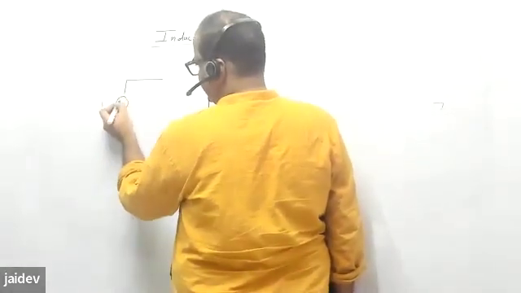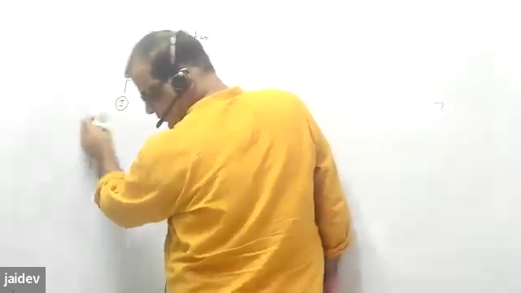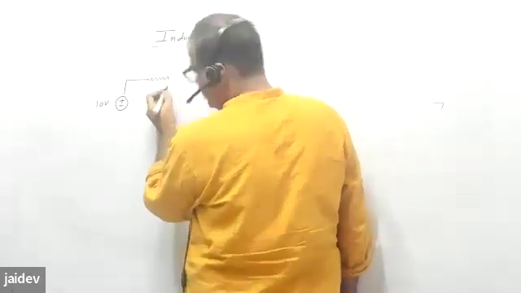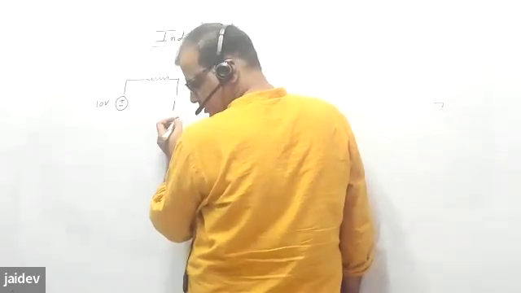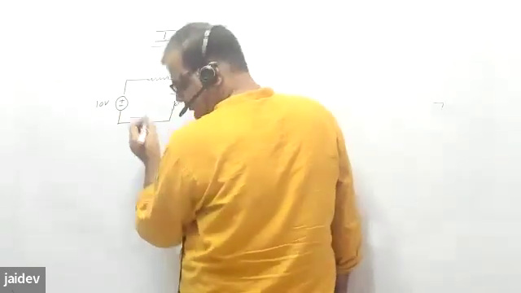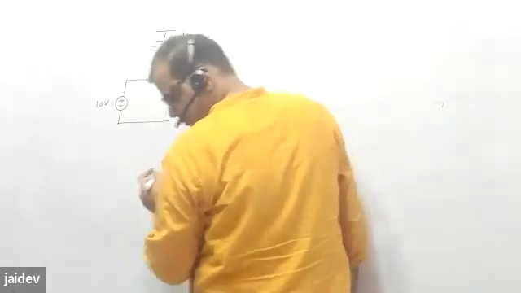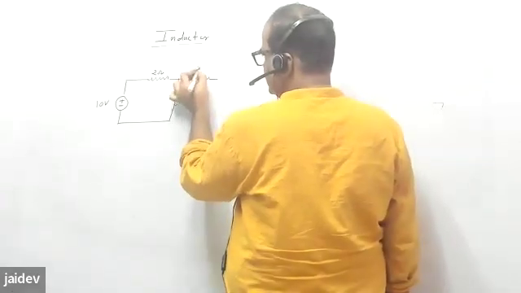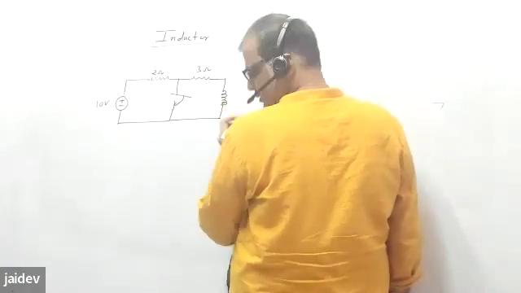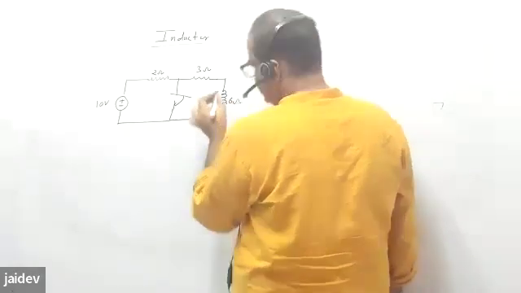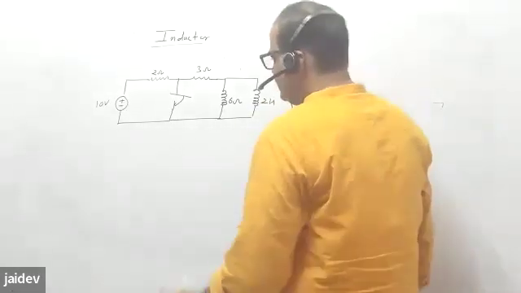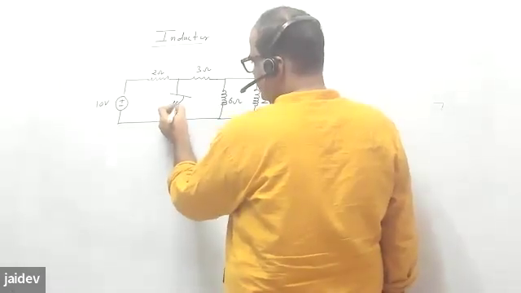So this is your plus minus 10 volt. This is 2 ohm. This is 2 ohm, 3 ohm, 6 ohm, inductor 2 Henry. Now at t is equal to 0,